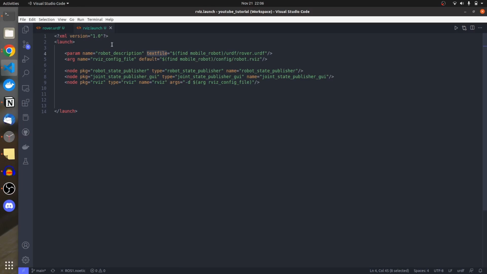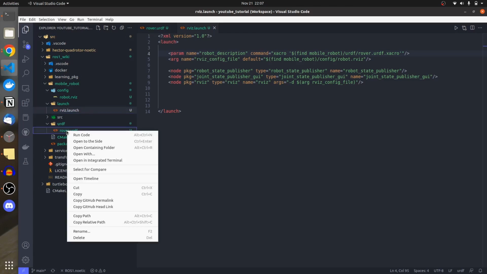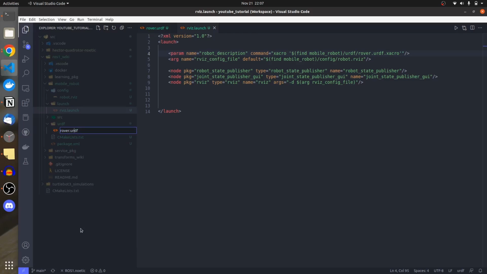Let's move to the launch file. For the launch file, we have to make some changes. While loading the URDF file, we need to get the URDF file as a command, because I am going to say use Xacro to process this file, and this file is also going to be a urdf.xacro now, and I have to make changes here as well, as it contains the Xacro tags. So it is going to be